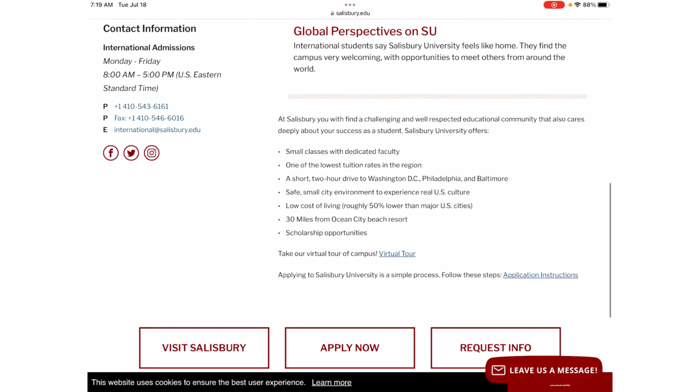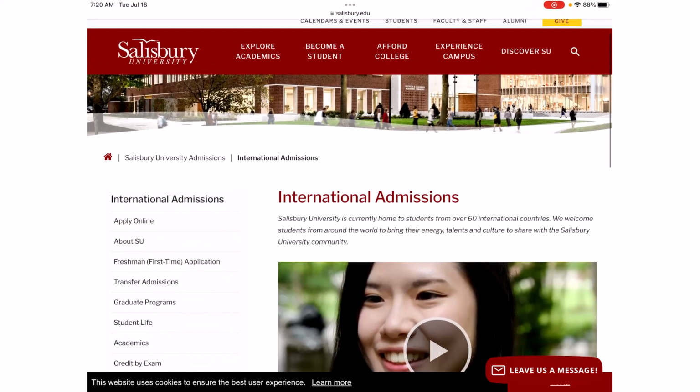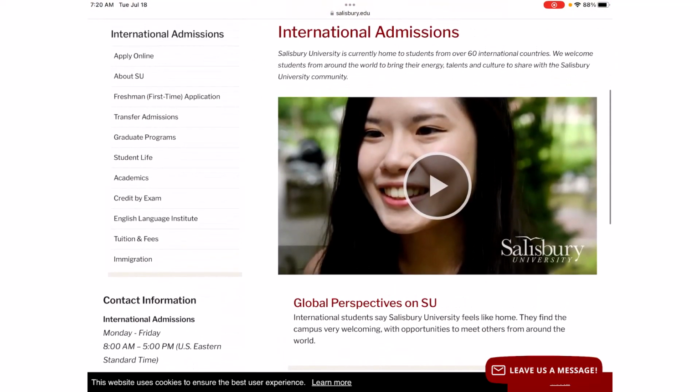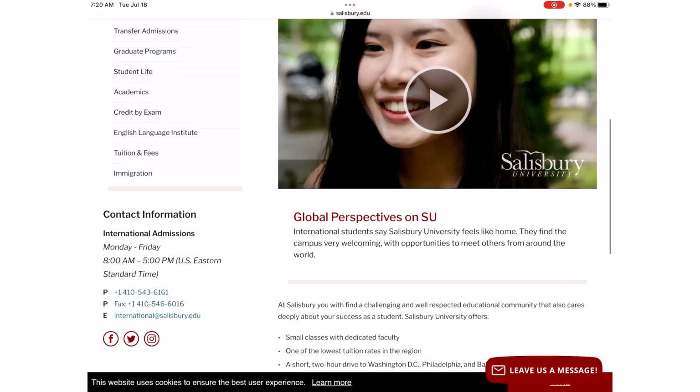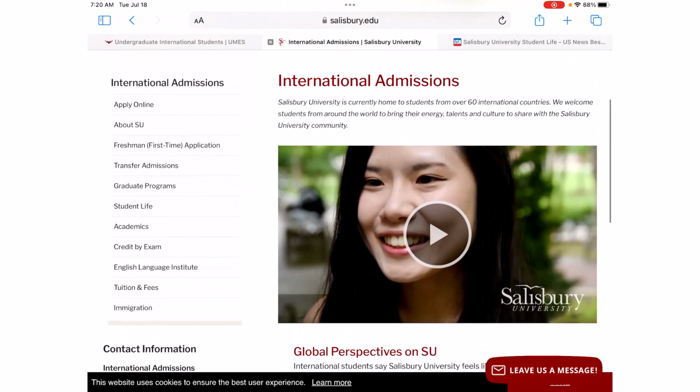It gives a little rundown here about what to expect coming into Salisbury University as an international student. It gives a little link to the application, and then also talks about some of the other programs that are available here. So, first-time application for international students is the same